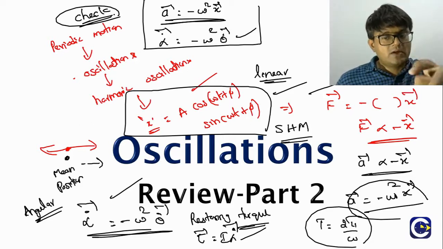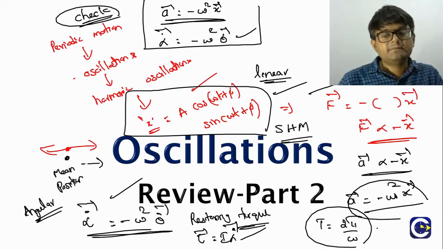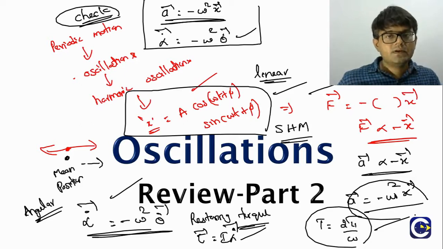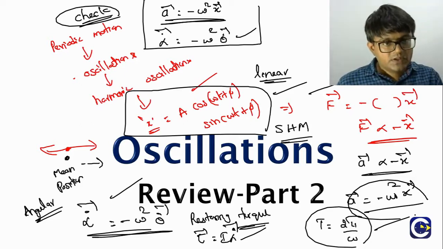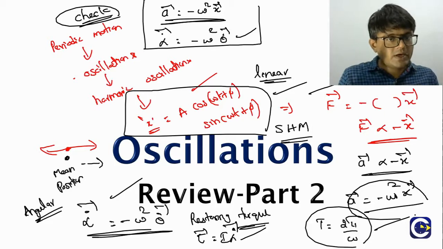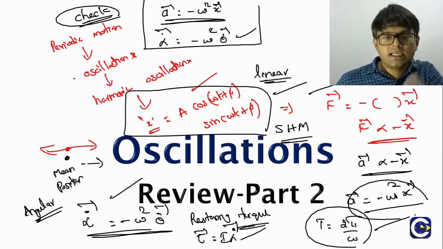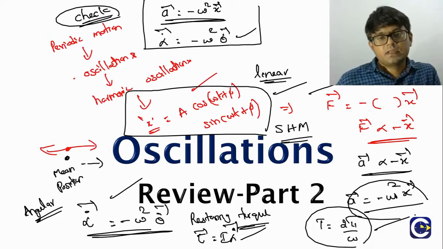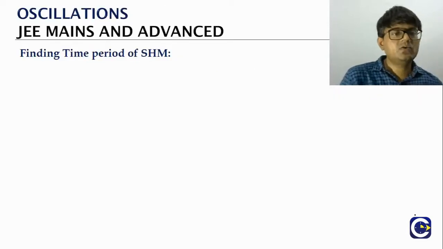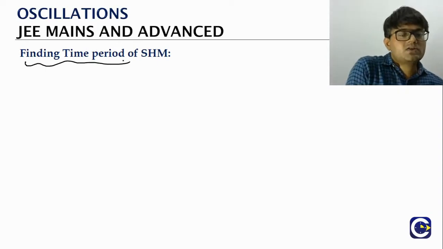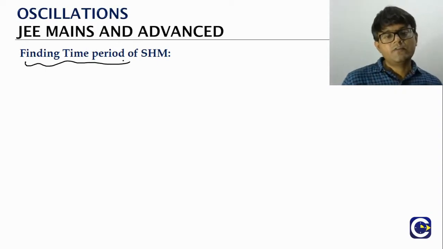Omega means what? The angular frequency. From omega we can find the period of oscillations. So in the examples we are going to see, first we will talk about how these oscillations are becoming SHM. Second, we will also talk about the period of those oscillations. So let us now cover this concept of how we find the period of an SHM.